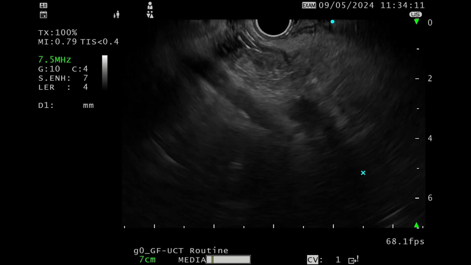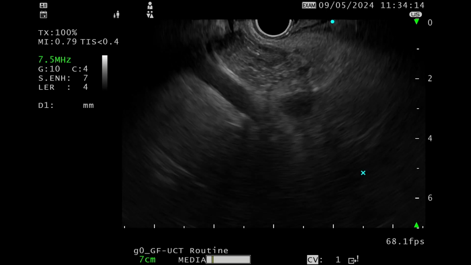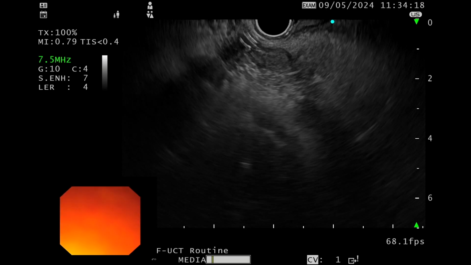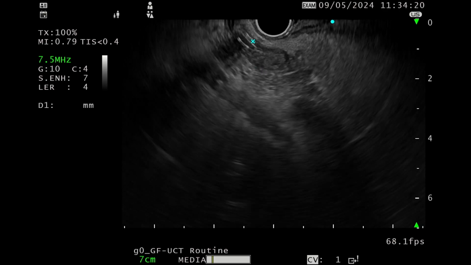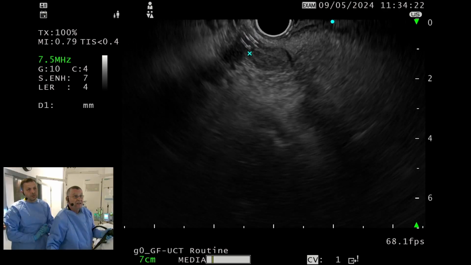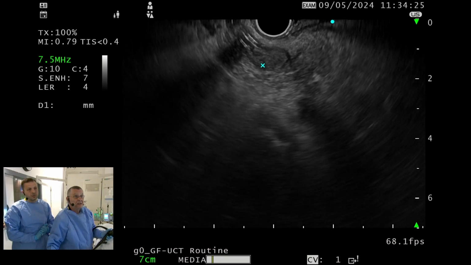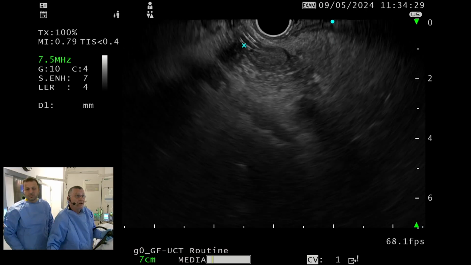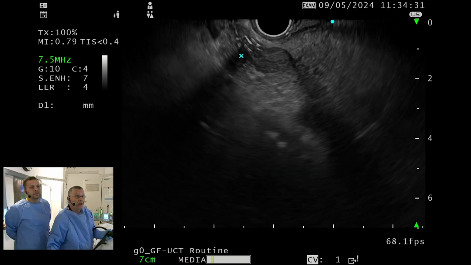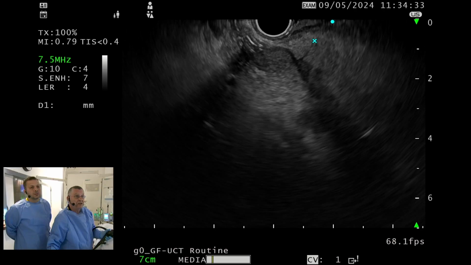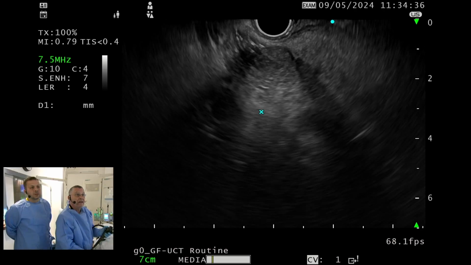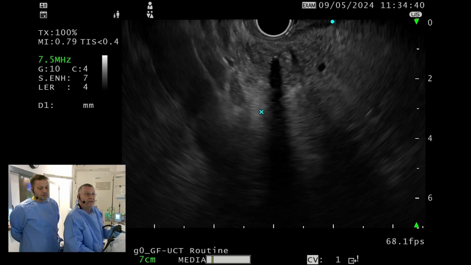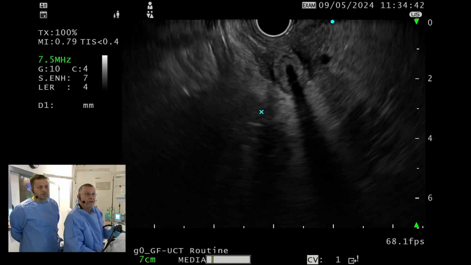So now we are at the junction D1, D2, and you have here the stent, the plastic stent. This is the bile duct. Here you have something which is tissue or sludge. This is the upper part of the duct. This is the lower part of the duct. This is the pancreas. Now we turn clockwise and we follow the stent and the duct till the